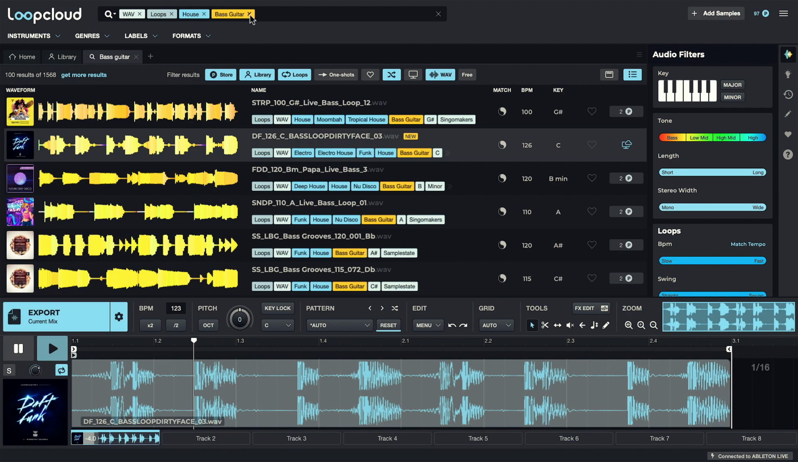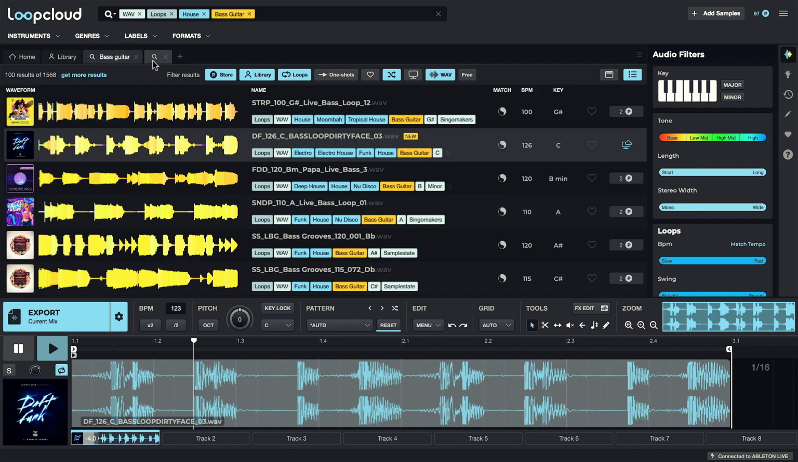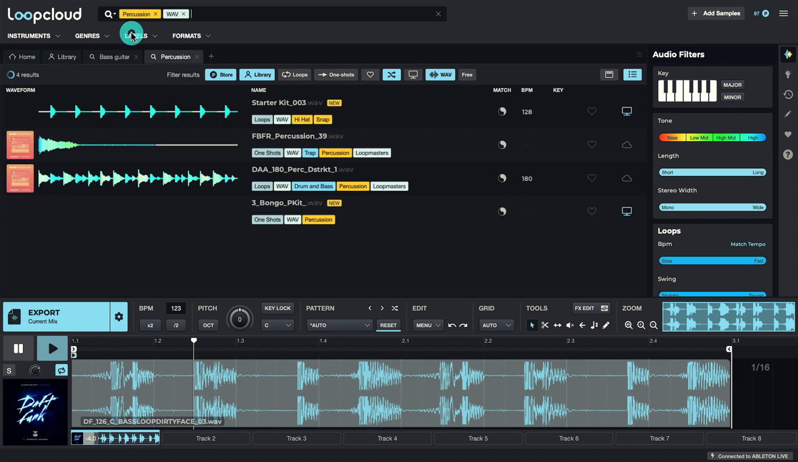Searches can be amended by removing individual tags using the crosses, or all tags using the cross at the end to start again from scratch. But another option is to leave the search where it is and start a new search with the plus button, so you can come back to the bass loop search later on if you need to. So this time I'll search for percussion loops,